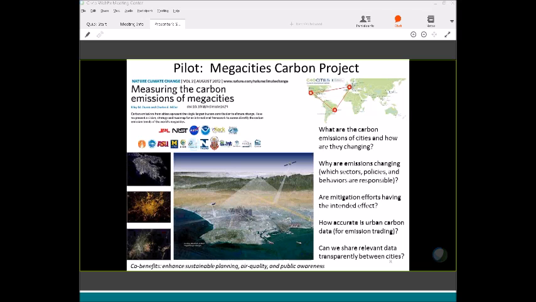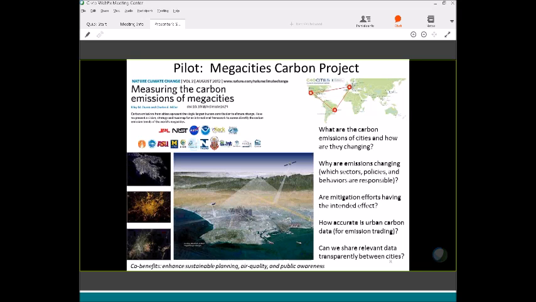And how accurate is the urban carbon data? If we're going to be doing emissions trading, do we trust it? And finally, very important, can we share carbon data transparently between cities? A lot of what I'm talking about is organic. It's happening at subnational scale. Well, if we can set up data sharing, that's something that the countries haven't been able to do as easily